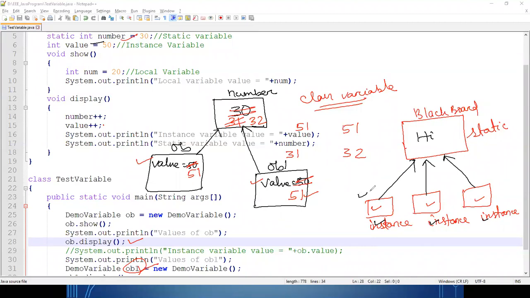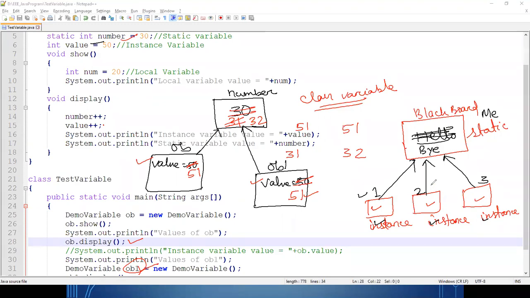Suppose student 1 has come and modified hi to hello. Now hello is also visible to me, to student number 1, to student number 2, and to student number 3. Now student number 3 has come, erased hello and written bye.